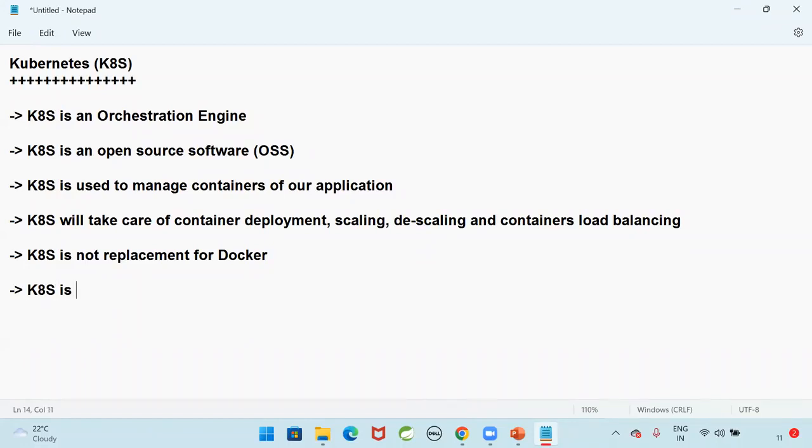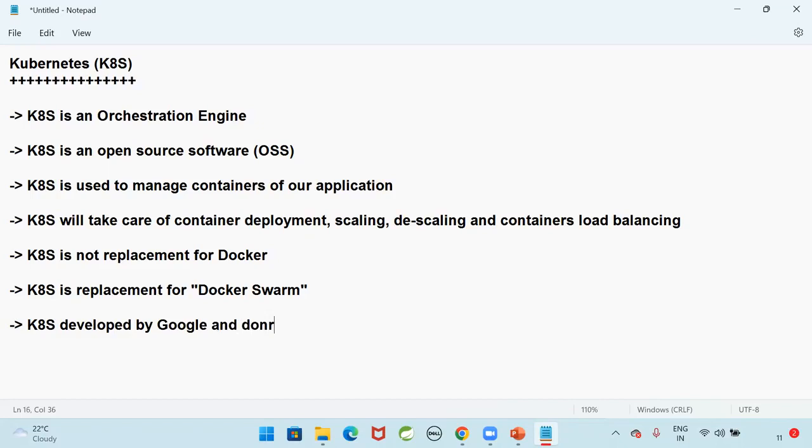Kubernetes is a replacement for Docker Swarm. It is not a replacement for Docker, but we can say Kubernetes is a replacement for Docker Swarm. Kubernetes was developed by Google. Kubernetes was developed by which company? Developed by Google, and donated to